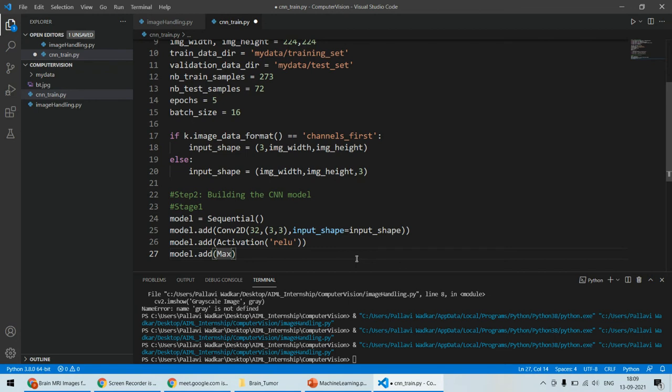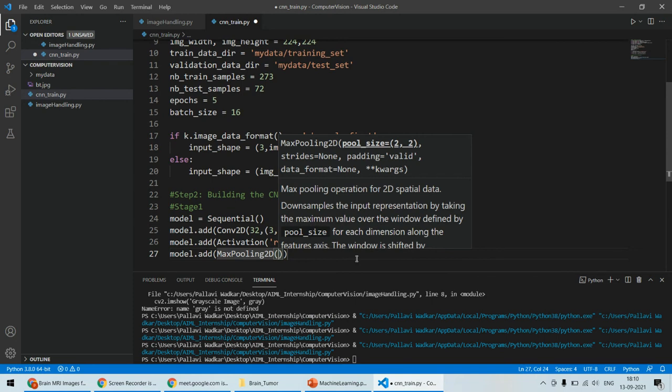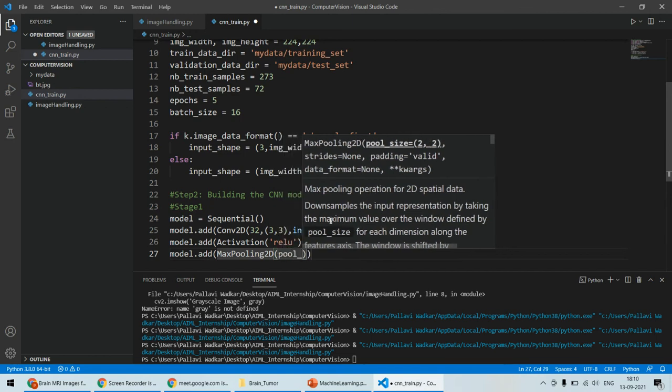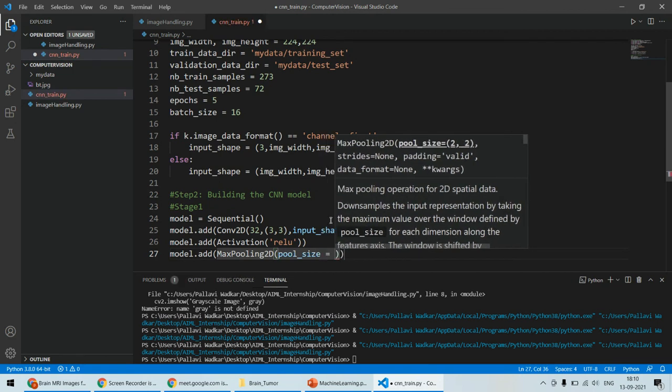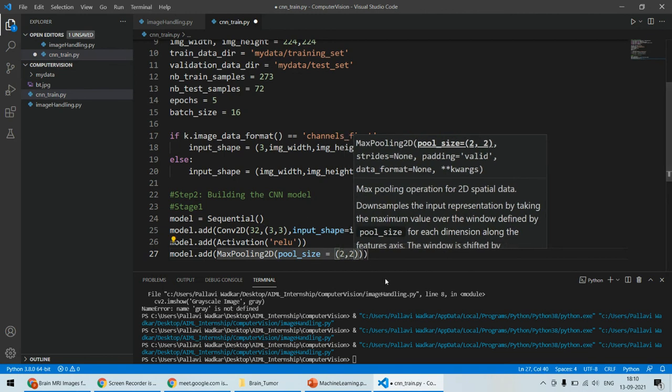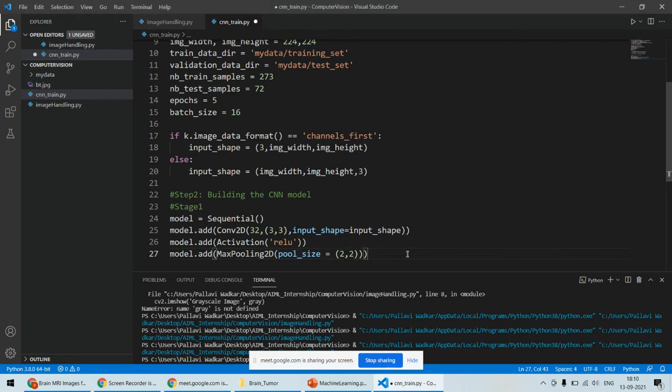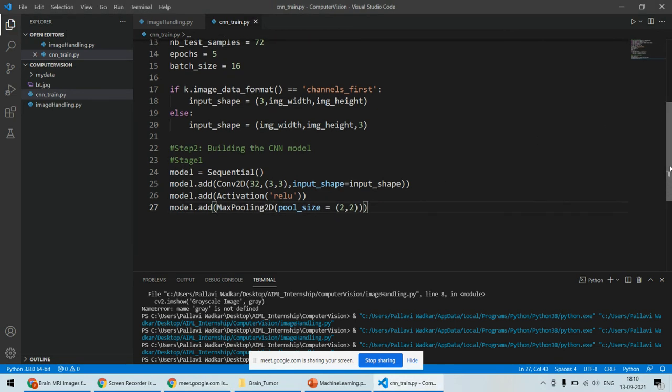मैक्स पूलिंग हम यहाँ पे यूज कर रहे हैं, तो मैक्स पूलिंग 2D हम ऐड करेंगे। इसके अंदर अभी मेंशन करना है कि पूल साइज क्या होगी। तो फर्स्ट पैरामीटर हम जो लेंगे वो पूल साइज का होगा। यहाँ पे बता रहा है कि फर्स्ट यू शुड यूज द पूल साइज, सो pool_size इक्वल्स टू हमें देना है, या फिर आप यहाँ पे मेंशन करेंगे कि 2/2, क्योंकि लास्ट टाइम हमने इम्प्लीमेंटेशन स्लाइड्स के थ्रू जो देखा, वहाँ पे भी हमने 2/2 पूल साइज यूज किया था। तो वही सेम चीज हम यहाँ पे यूज करेंगे।